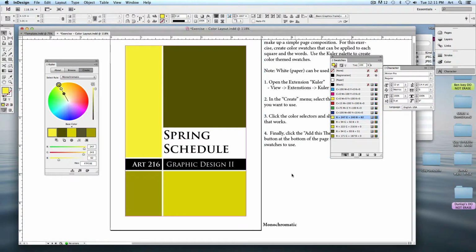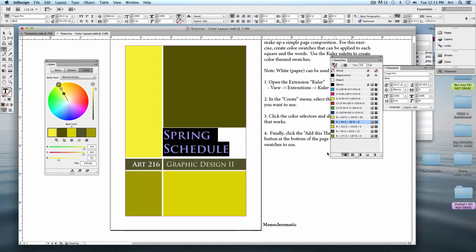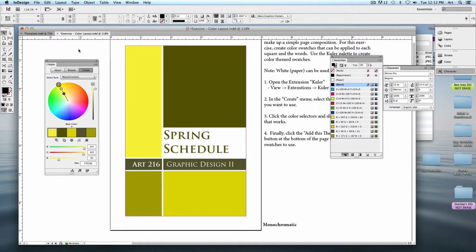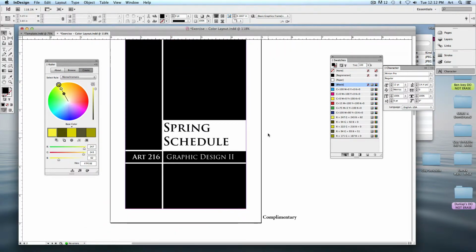This isn't meant to be too difficult. Choose your type and change up the type color as well. It's just that simple to create a layout that sticks within a color scheme. So if you're designing something and you have a color scheme, lay it all out. Make sure it looks good in black and white. Then you start adding the color and you can easily change something out. You're using the same layout, but you're changing up the color scheme, and you'll see how quickly you can change